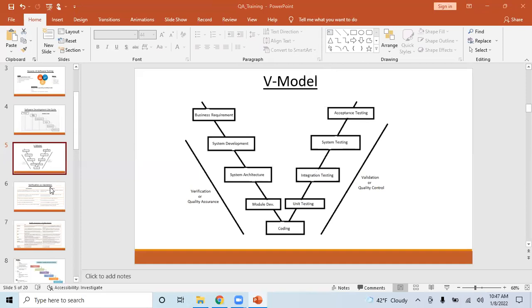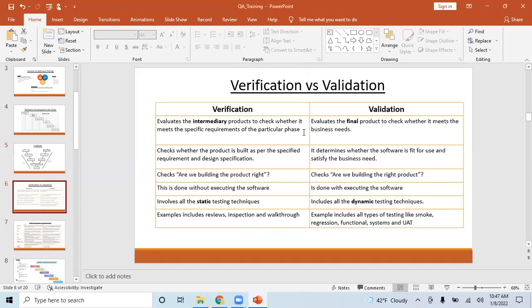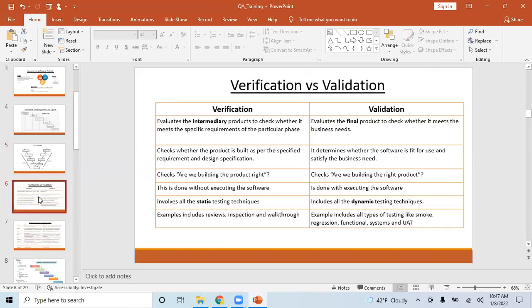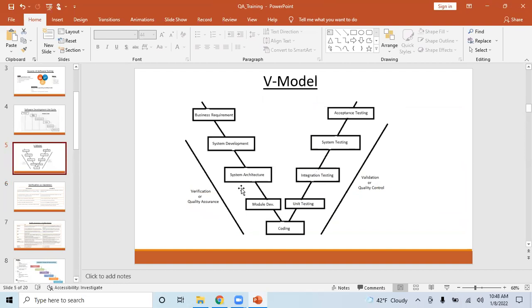If you're all clear, we will move to verification and validation. I think we covered a lot of ground on verification and validation here. Verification evaluates the intermediary products to check whether they meet the specified requirements at a particular phase. Each and every phase has a specific requirement. Coding a unit is all about a particular module or unit of development.